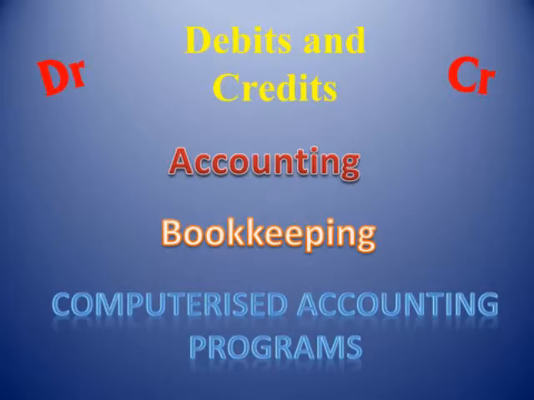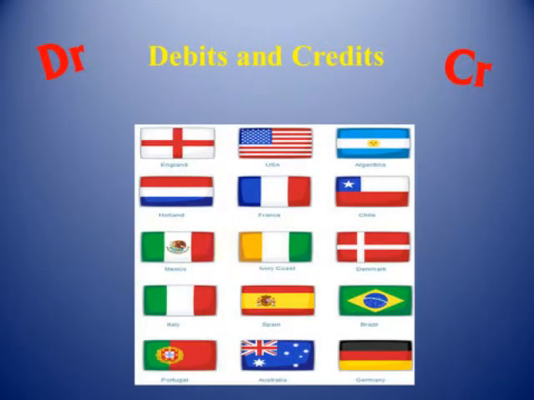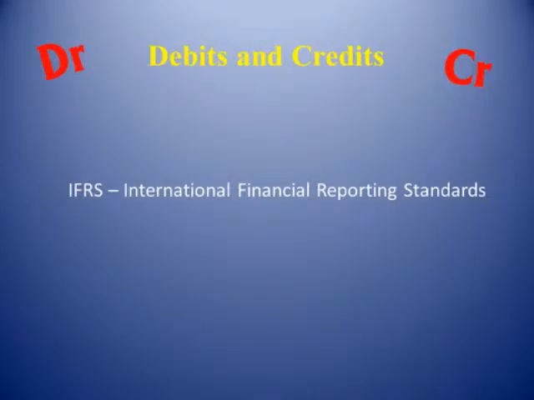And you may be in England, or you could be in France, you could be in China. That doesn't matter, because accounting is the one universal concept that applies irrespective of which country you're in. Even the United States recognizes the international financial reporting standards that have been set so that every company, especially those with international affiliates, record their bookkeeping and accounting in exactly the same way. So having said that, let's get started on debits and credits.